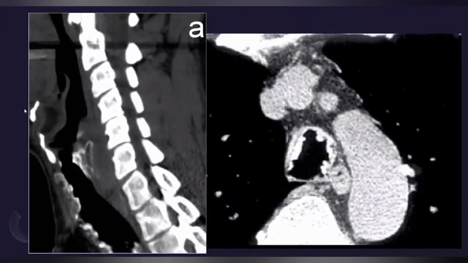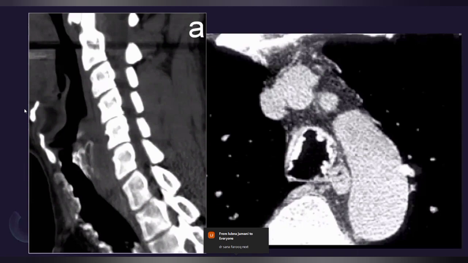Okay, I'm provided with a sagittal CT scan image from the neck region, cervical vertebrae, and another is a focused image of the mediastinum, a contrast enhanced study. In the sagittal CT scan image, bone window setting, I can appreciate that there is irregularity and a high density